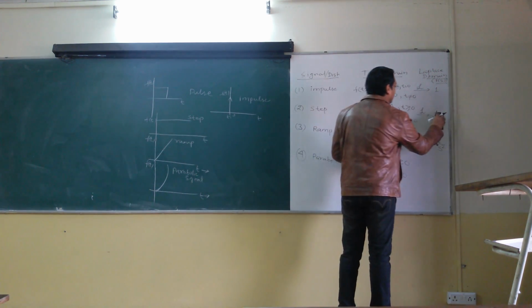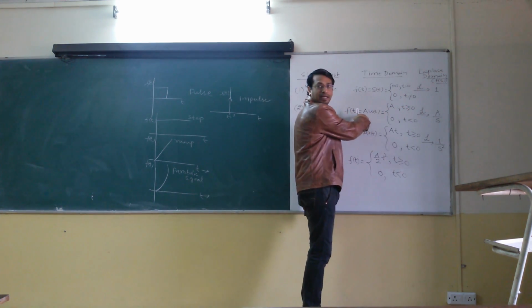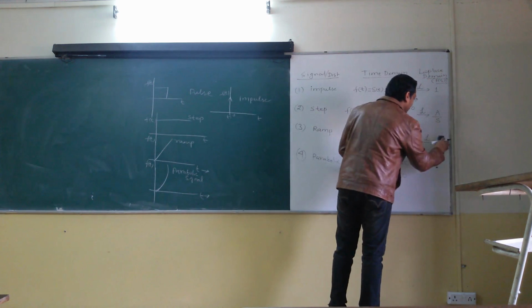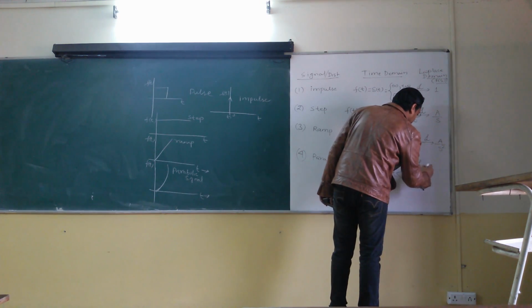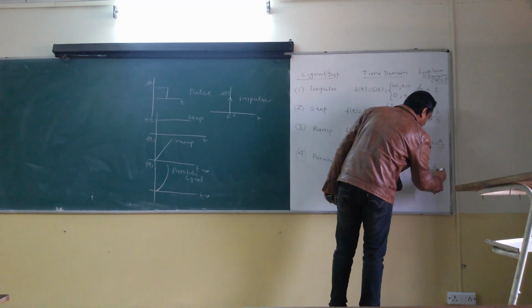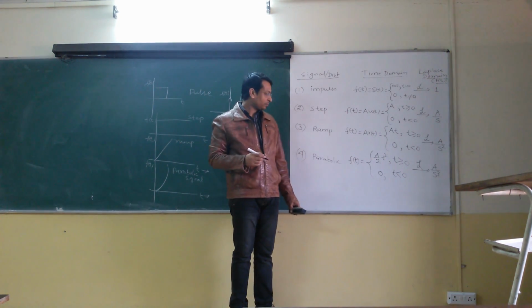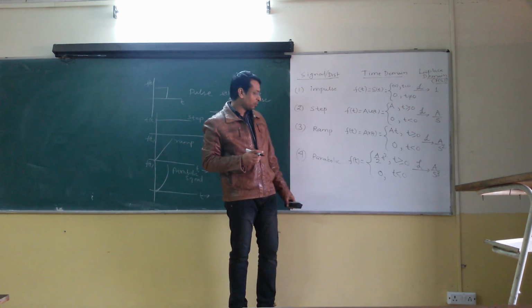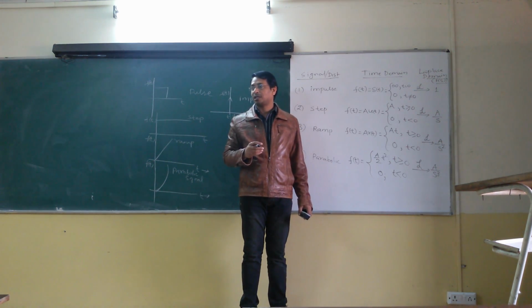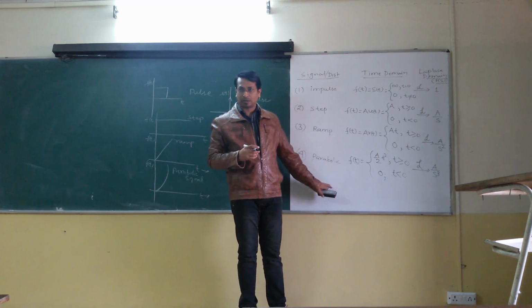Here we have actually taken one, it should be A, because we have already taken A as a magnitude, so it should be A upon s square. So here if you take the Laplace transform, you will get A upon s. Correct? I hope you remember the Laplace transform of t to the power n is factorial n divided by s to the power n plus 1. So correct?